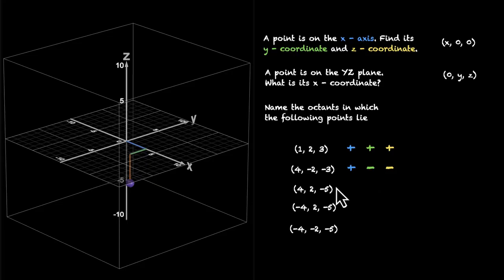Let's mark the signs for the remaining 3. We have positive, positive, negative; negative, positive, negative; negative, negative, negative. Now let's think about these signs. Which octants do these signs lie in? This one's in the first octant, this one's in the 8th one,